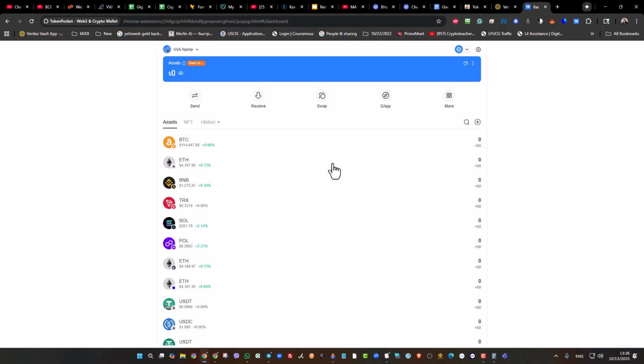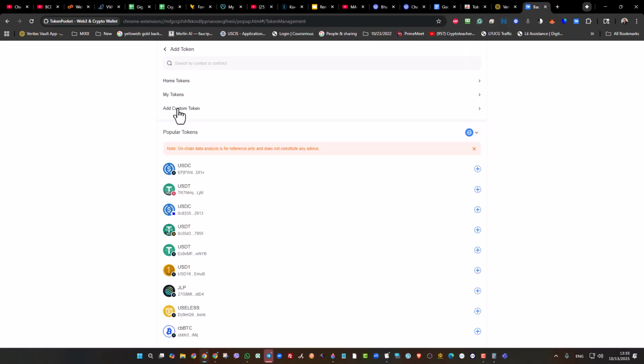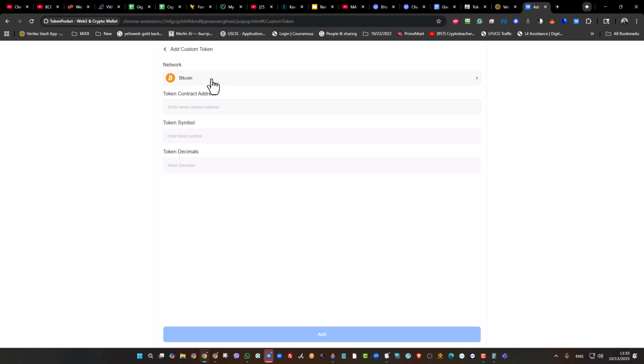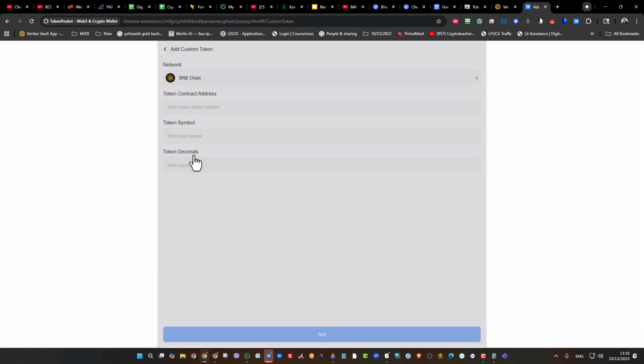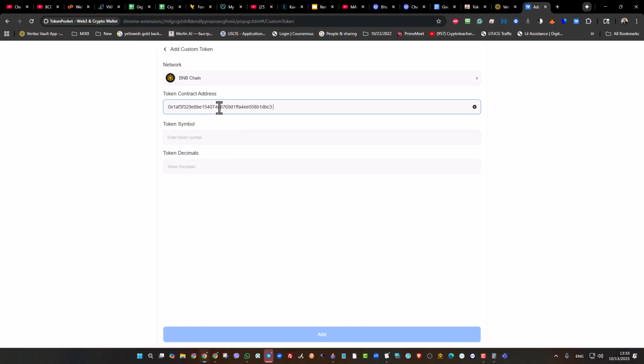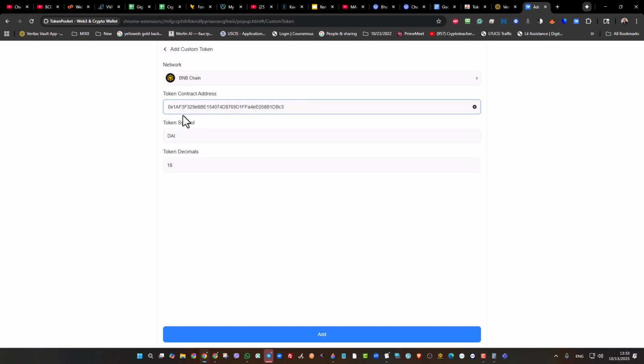Now our next step, after we're done with renaming the wallet and backing up our wallet with the 12 key phrase, is to manage assets. We're going to hit the plus, then go to add custom tokens, and add a couple of custom tokens. First we select the BNB Smart Chain, then we add the token information. And as you guys can see, when we add the token address, and I'll have this address on my website so you can get it from there,